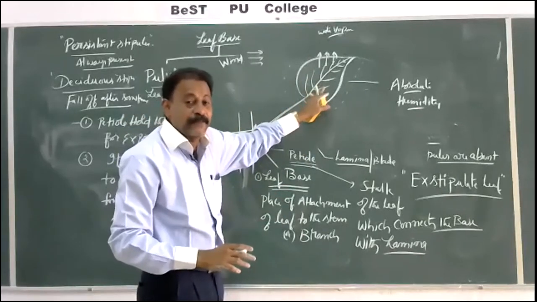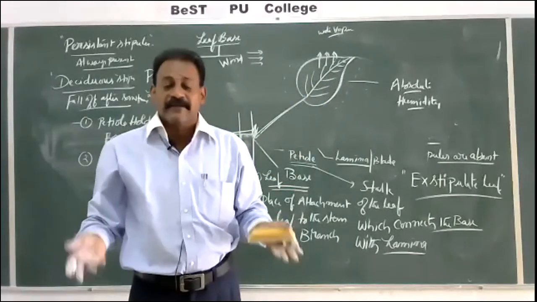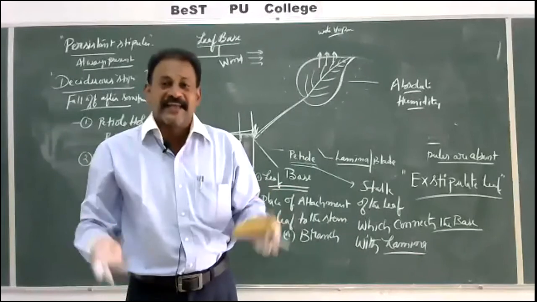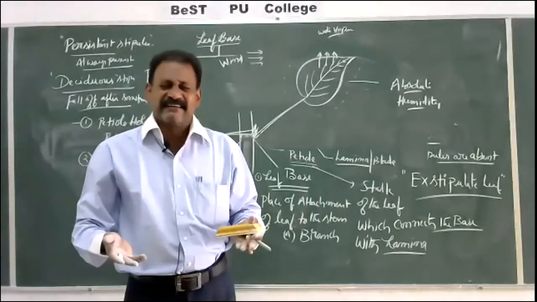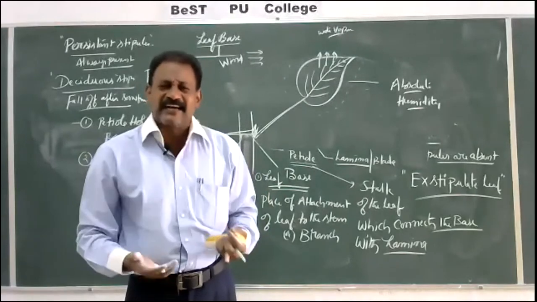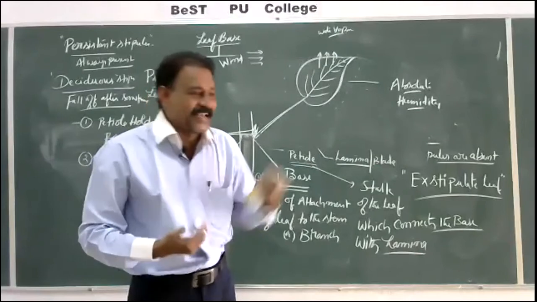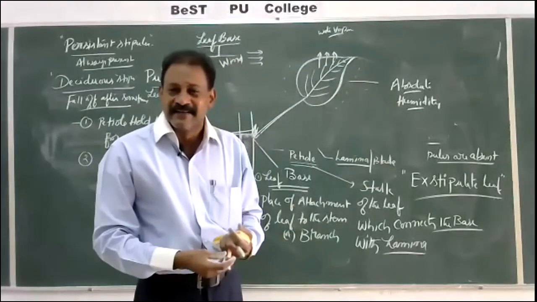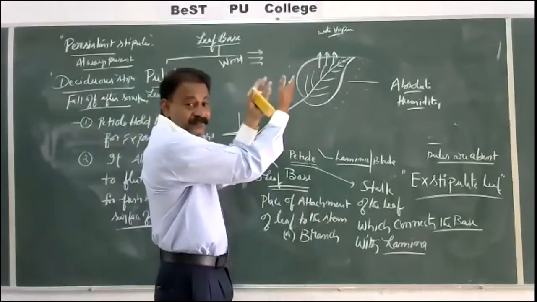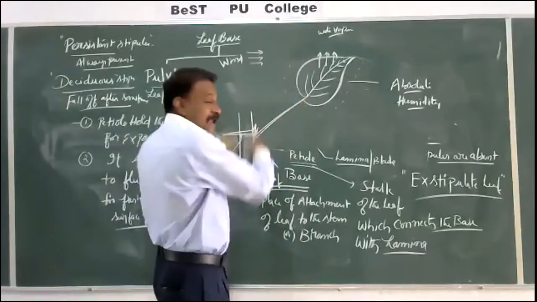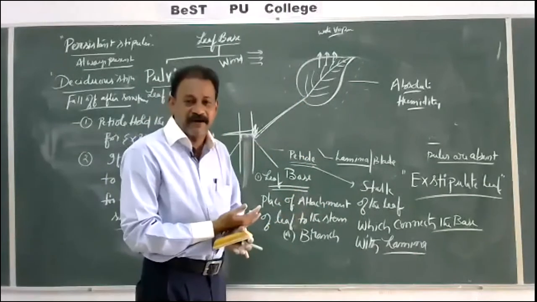Now, what happens? A plant is standing under the sunlight day and night, even in the rains, floods, heavy summer, hot sunlight, low sunlight, chilled condition. It is not moving like animals, like human beings who are animals. We cannot stand under the sunlight for days and nights, for months, years. So because of standing under the sun, the plant would burn. It will be hot, more heat will generate in the plant body.